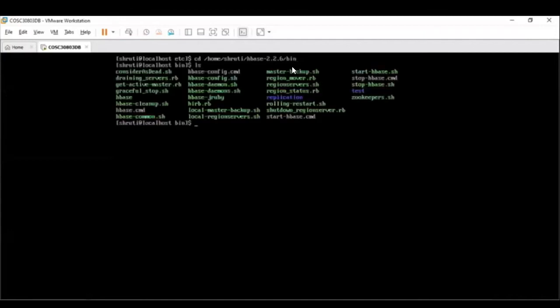You can see all these marked in green are the shell scripts which can be executed. What we have to do first is run the start-hbase.sh script to start our master daemon. Once you execute that,